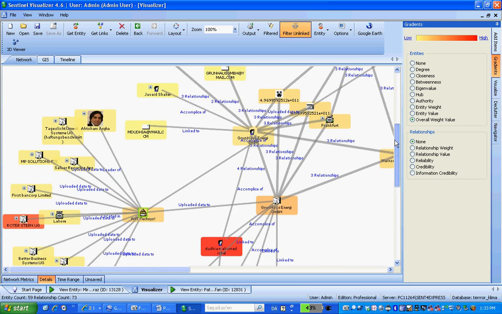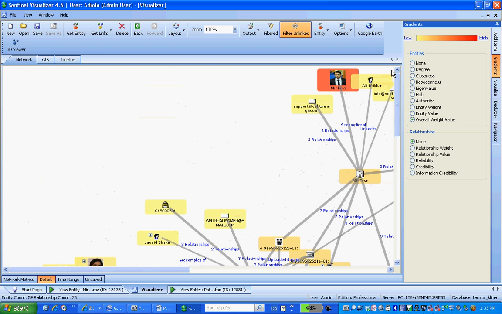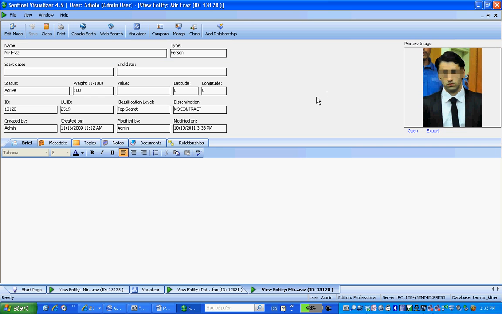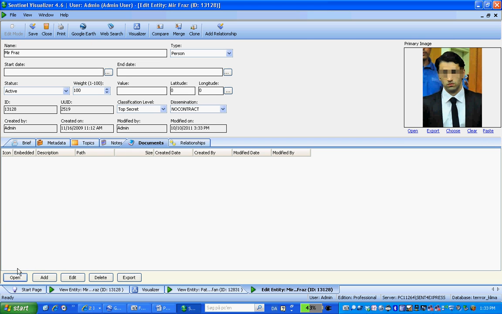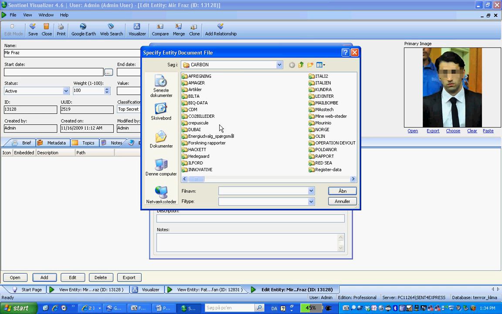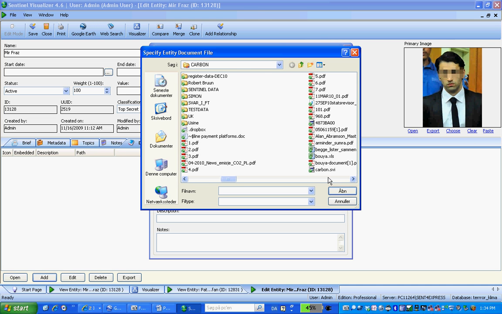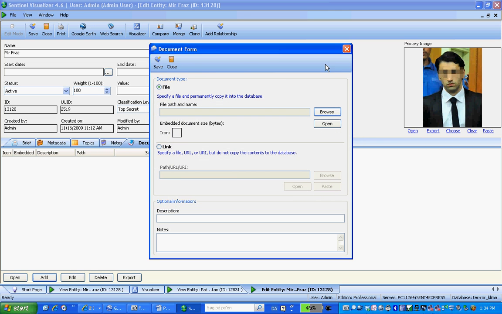There are several programs online, also free software that you can use to generate these graphical visualizations of the networks. But what's been an important part for me in using Sentinel Visualizer is the ability to add unlimited amounts of data to the single nodes. You could include files, links, or whatever you want to import into the single node, and in that way build up your large database of data you wanted to analyze.